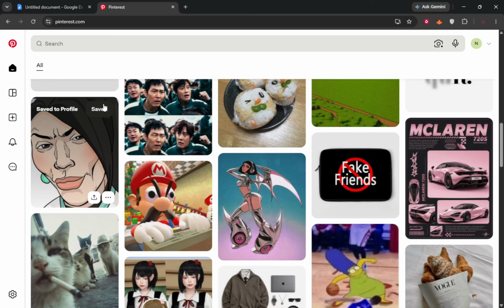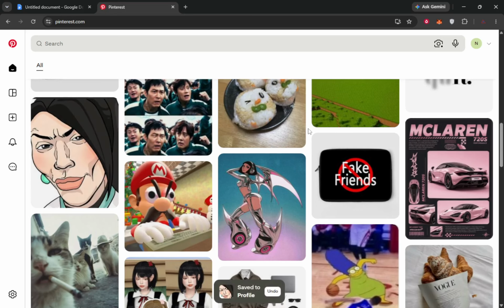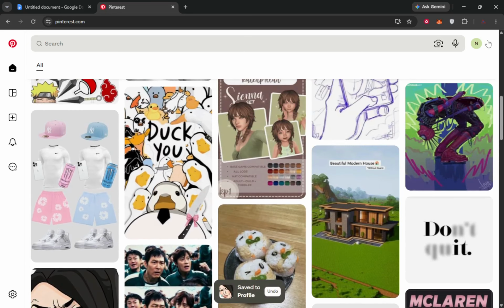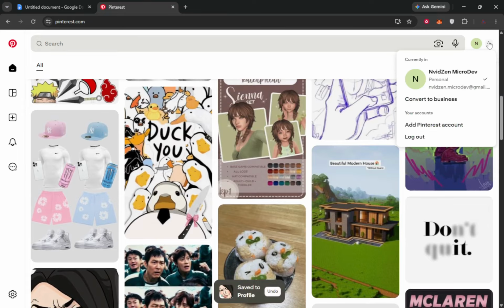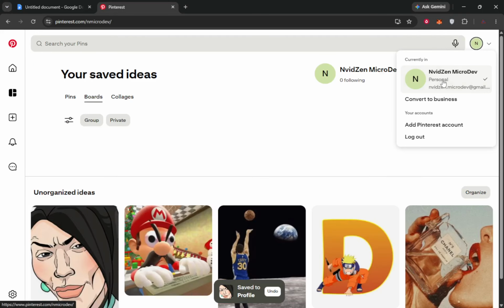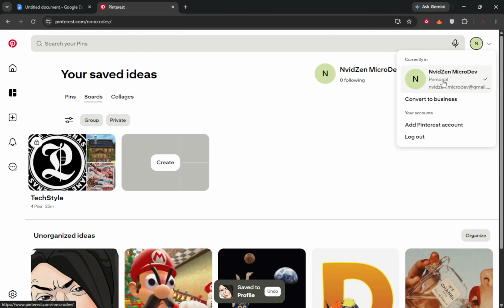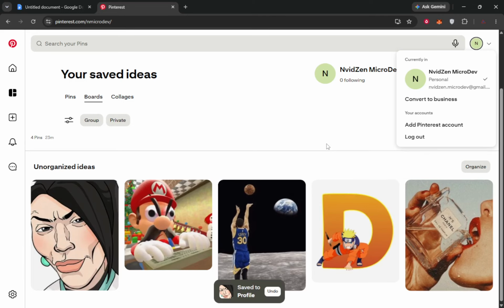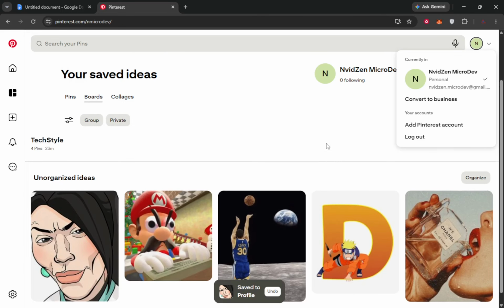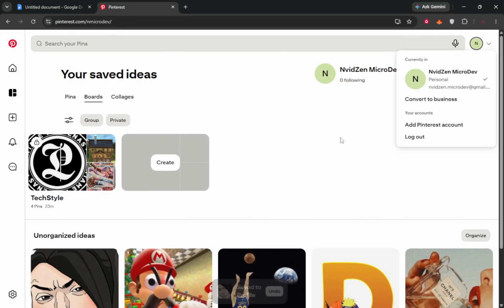Once you are signed in, go to your profile. On the app, tap your profile picture or profile icon, usually at the bottom or top. On the computer, click your profile picture in the top area. The screen now shows your name, your bio if you added one, and a grid of your boards. If you only see individual pins and not boards, you may be on a different tab. So just switch back to the main profile view.